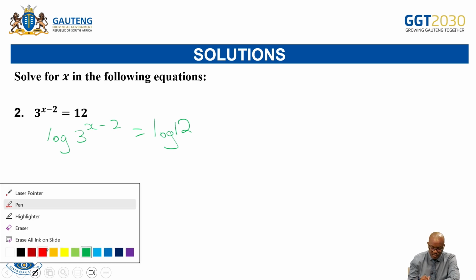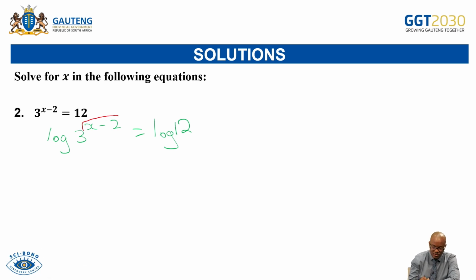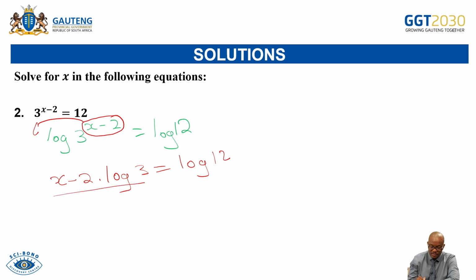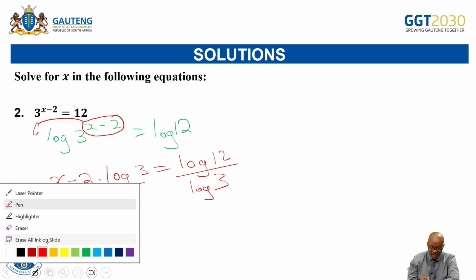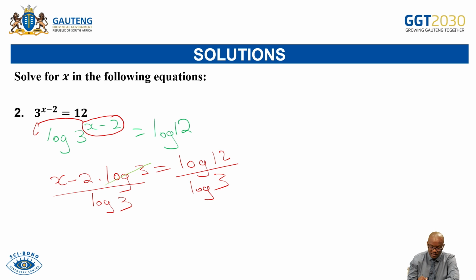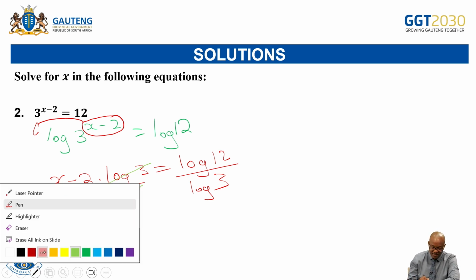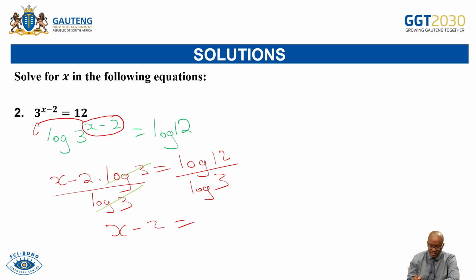Then the method that you are going to apply here is to take this whole exponent and multiply it by the coefficient. So it's going to be x minus 2 times the log of 3 is equal to the log of 12. In this case, we can now divide both sides by the log of 3. Then log 3 divided by log 3 cancels, and you will have x minus 2 is equal to